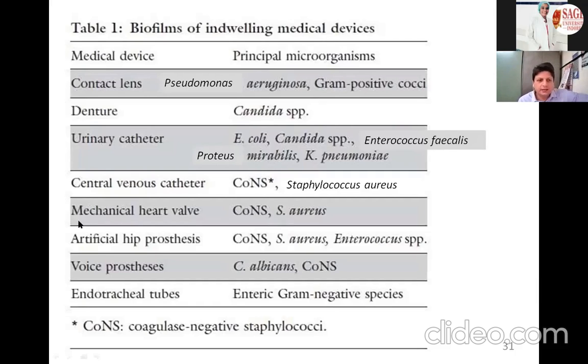On a central venous catheter, coagulase negative Staphylococcus and Staphylococcus aureus are common. In mechanical heart valves, the same Staphylococcus and Staphylococcus aureus. In artificial hip prosthesis, meaning this particular artificial bone which is fit into the leg, there also the Staphylococcus